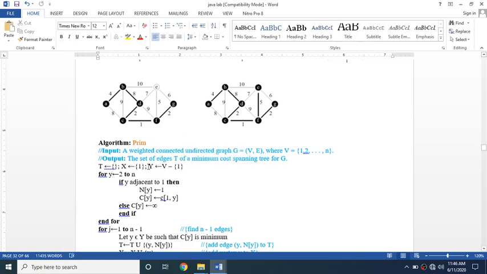Since 1 is the source and has been visited in the initial step itself, we put it into the visited node set X. And we need to minus this 1 out of the n vertices, so we delete it from the unvisited set. That's why here it is V minus 1.